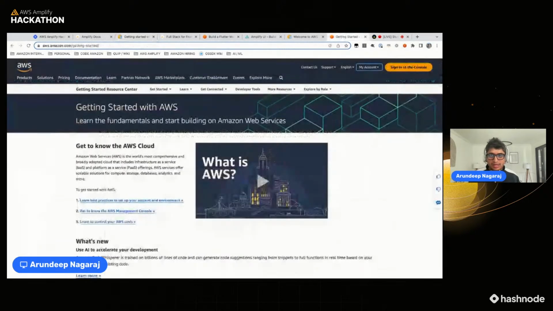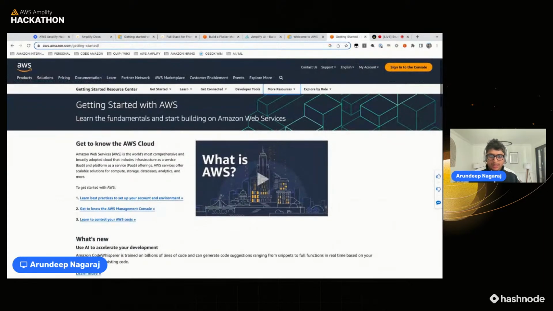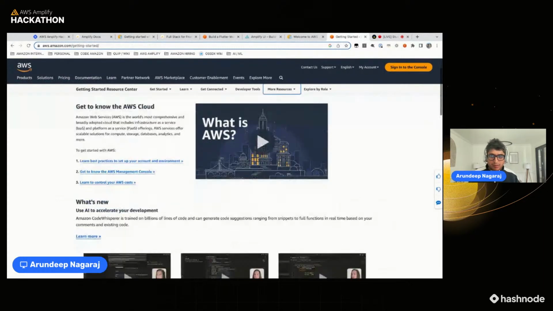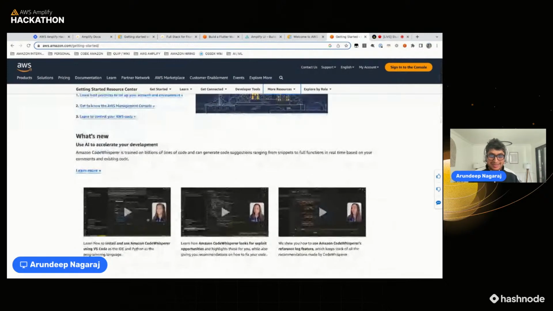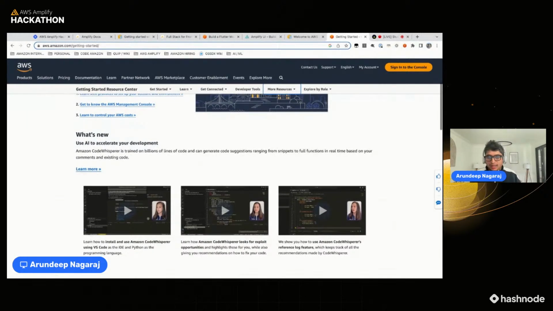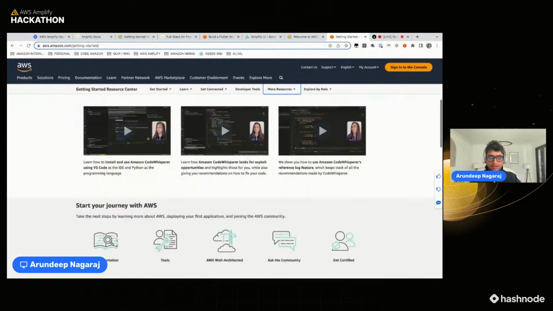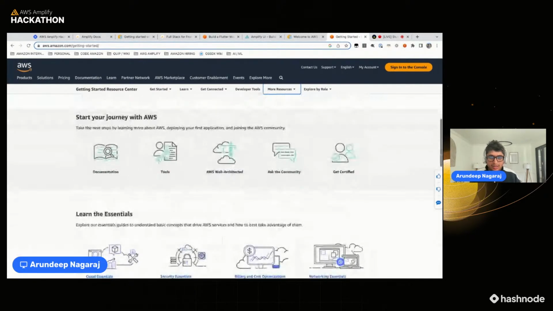then you can get started with AWS Cloud from the fundamental site that we have here, from visiting aws.amazon.com/getting-started. You can take a look at the different videos about how you can use different segments of AWS. Typically, AWS Cloud is categorized into multiple different segments like compute, storage, databases, networking, data science, and machine learning, and everything AI. So you could take a look at multiple different categories,